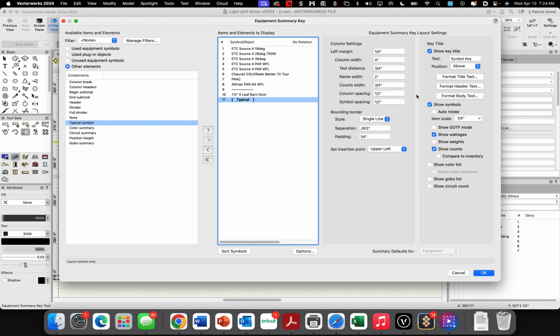I have show key title. I'm going to make this a double line because I like it. And I don't really want wattages. All I need is the show symbols and the counts. That's all I really need. But the one thing we have to do is I have to